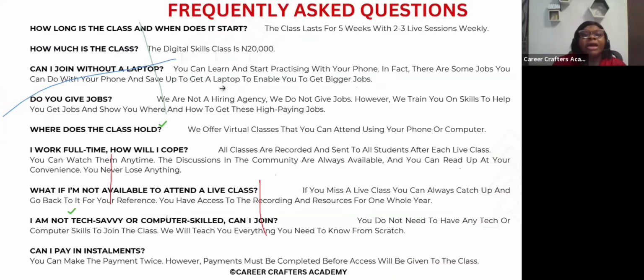Now let me just read through the frequently asked questions before I give the room for you guys to ask your questions, so that we don't repeat the same questions. How long is the class and when does this start? The class lasts for 5 weeks or 6 weeks, depending on how the class goes. Sometimes we give people bonus, like the people in the February class, we had to increase theirs to 6 weeks.